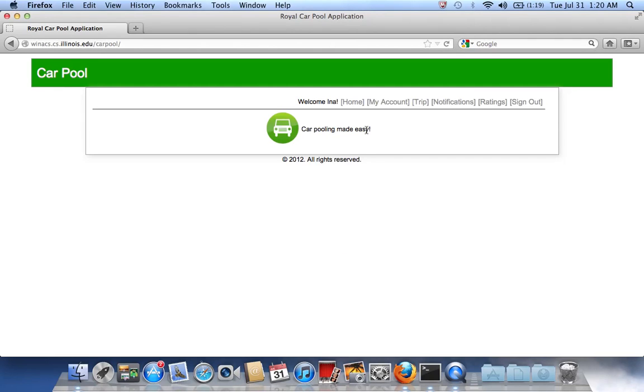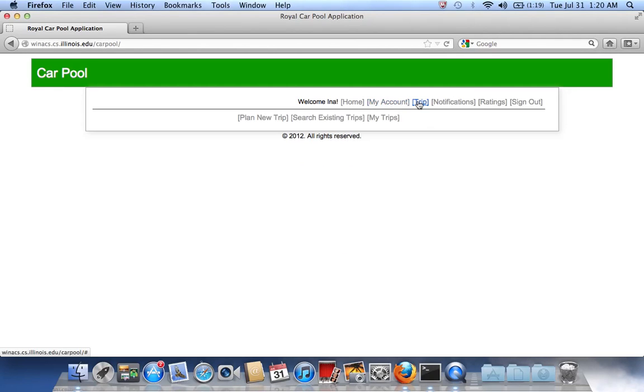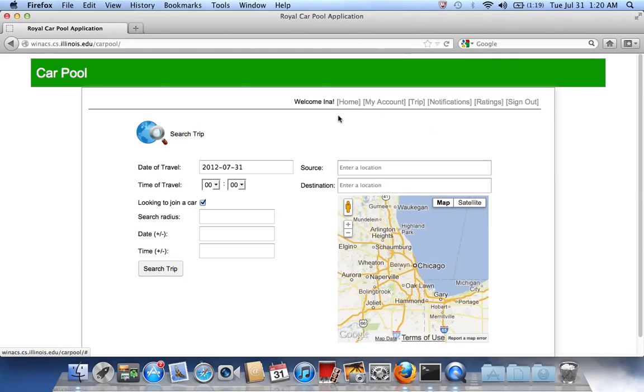Once I've logged in, the same screen should show up. So I'm going to go to trips. I'm going to click on search existing trips. Now let's say I want to search for the day of the final. So I'm going to click August 4,